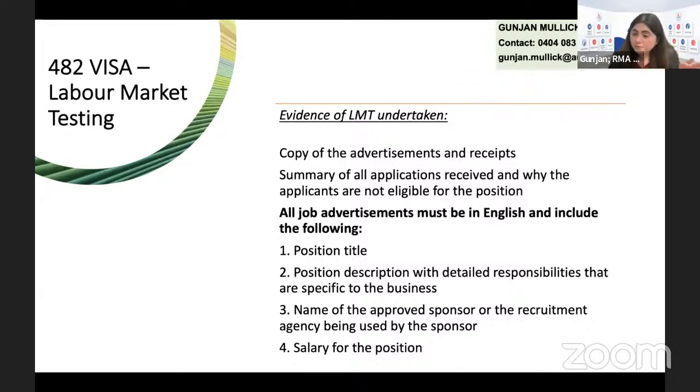The company name has to be advertised correctly, that is, which company is hiring, not sponsoring, sorry, which company is hiring for that particular position, and the suburb, or maybe the state. So if the company is located in Sydney, you should make sure that the job advertisement doesn't say Melbourne or Perth or any other city. The job advertisement must say where the position is being advertised and where the position exists.